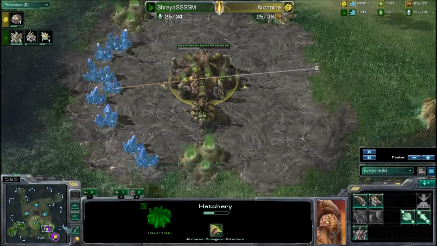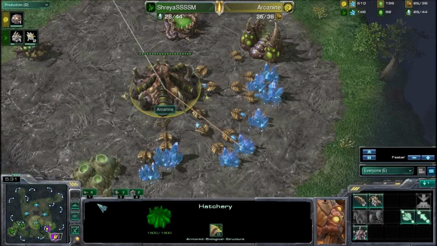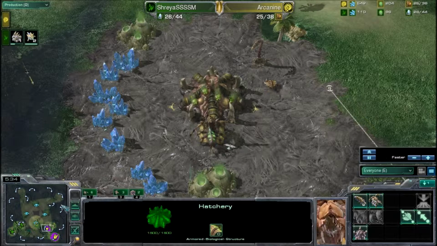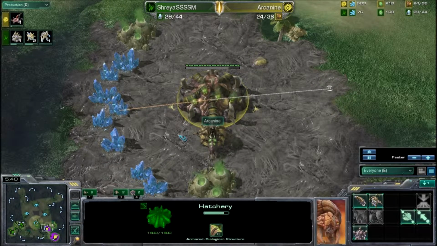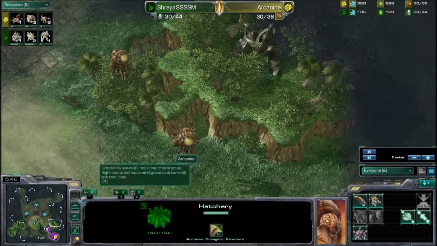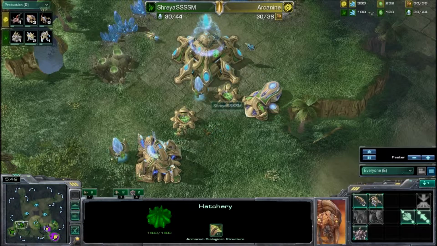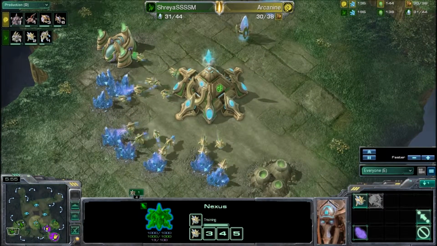So he once again is going to be spreading his creep rather early. I like this, starting in the main and working your way to the natural and then continuing on from there. He's also going to be putting down Spinecrawler to make sure there's no kind of early attacks on his natural. It can be a bit vulnerable in the beginning of the game. But luckily for him, his opponent is Forge Fast expanding, so there's not really any kind of threat on the